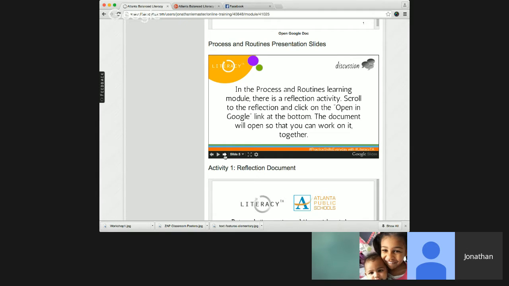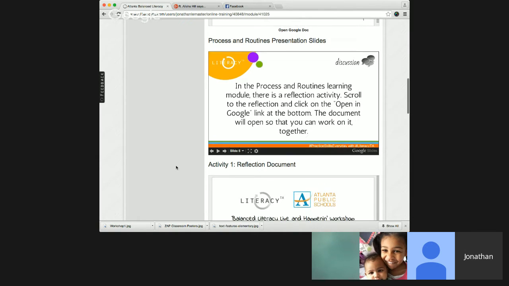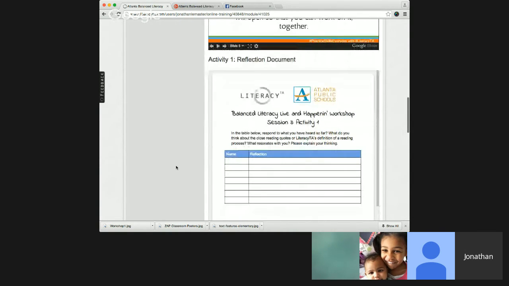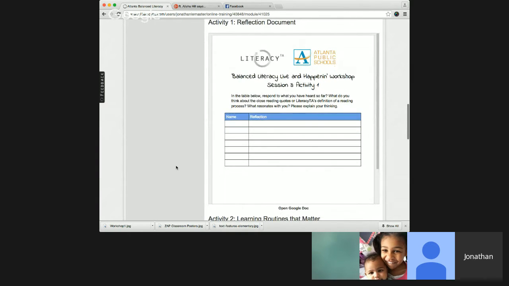And then we've talked about Newkirk, about the idea that reading complex text can be very simple if there's a process for reading. So what I'd like us to do, and this is going to be our first activity, and you can see on Google Plus Hangout, if you go back to the tab, you're going to see Activity 1, Reflection Document. What I'd like you to do is type in your name, and the way to get to the document is to click underneath it where it says Open Google Doc. You're going to click on Open Google Doc, type in your name, and then respond to the